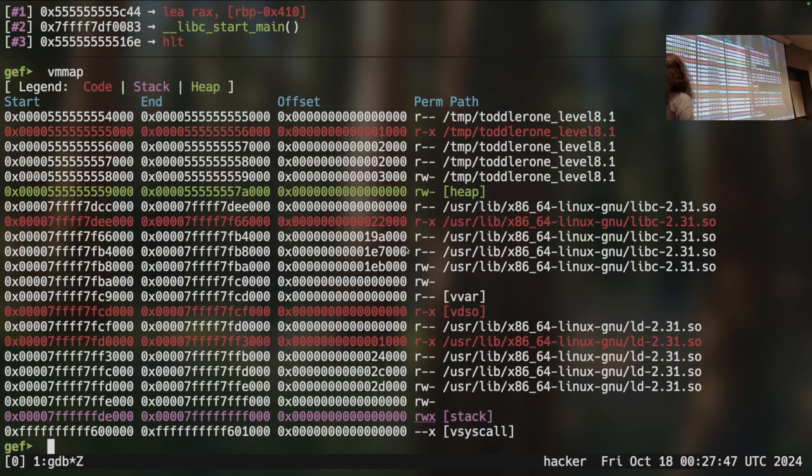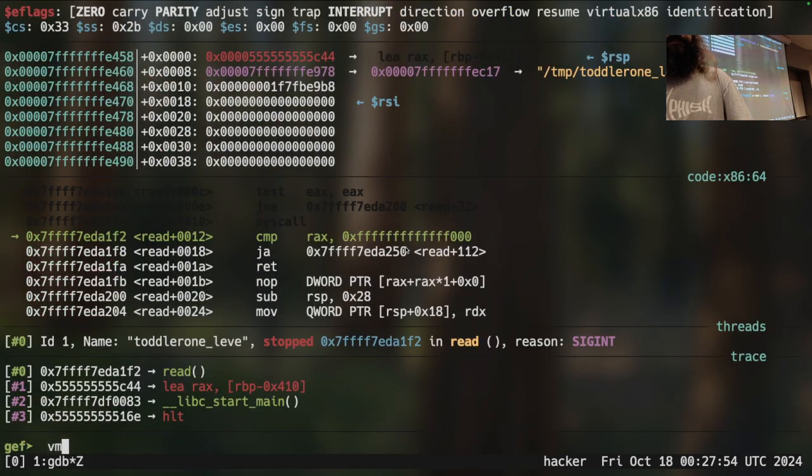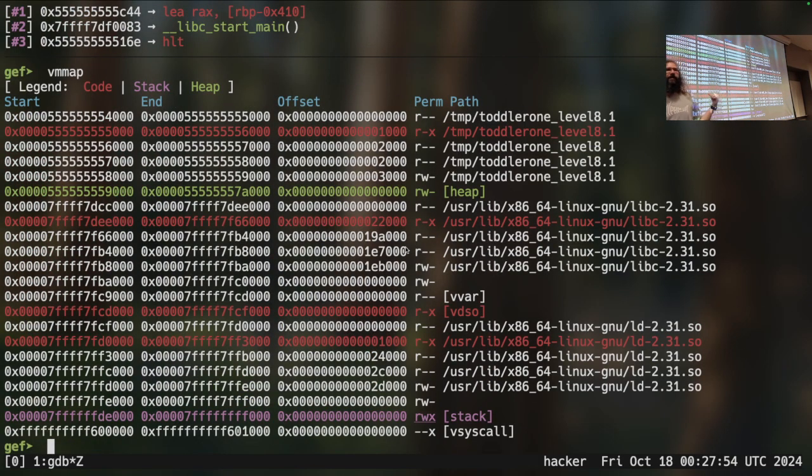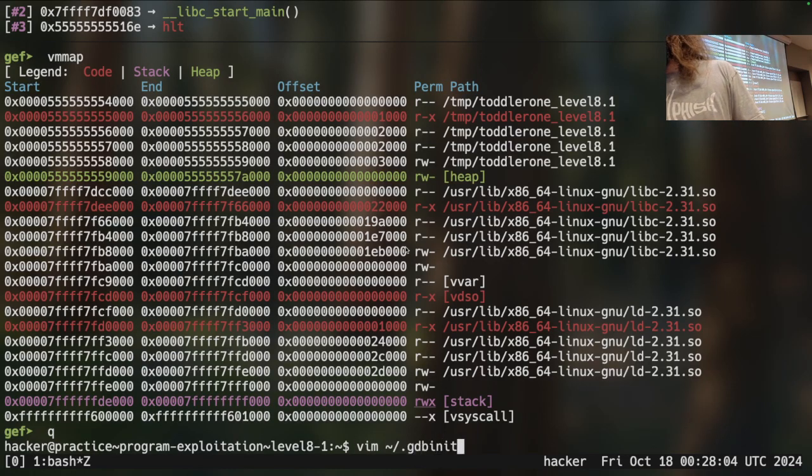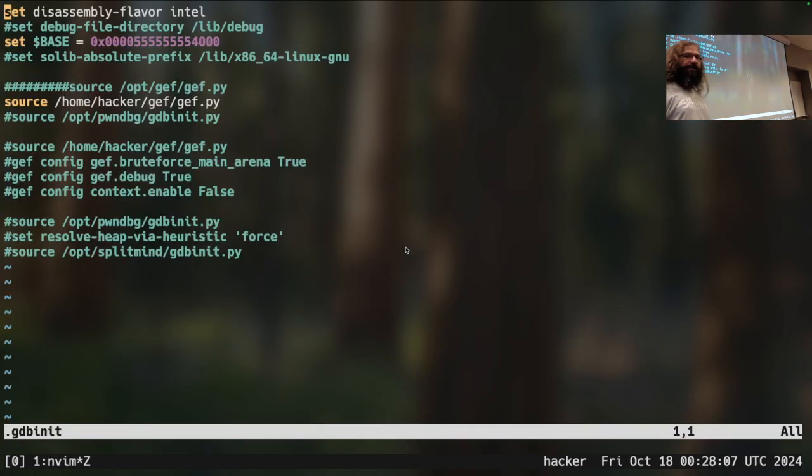That's a pretty consistent number, isn't it? We've seen that one before. If I run this again, do I get the same number? Yes, I do. Okay, so now my math has at least gotten to a consistent number, right? That's good. The other thing I could do is in my GDB init, I have this third line here. It says set $base equals, and then it has that number. I could probably use this set base functionality of GDB. I'm going to do the reverse. I'm just going to say, as long as it's not setuid, I know what it is.